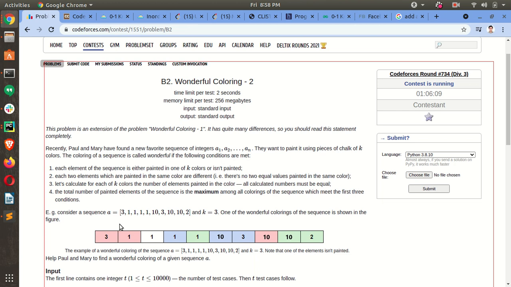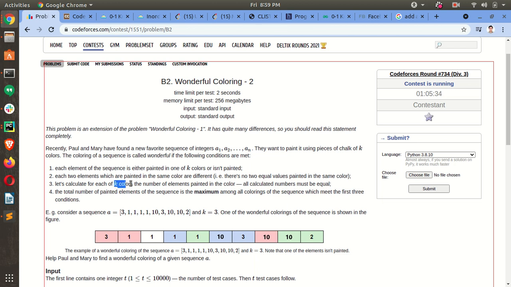Now we can paint it using a chalk of k colors, and each element is either painted by one of the k colors or isn't painted, and no two similar values are painted with the same color. This is also the condition. So two values which are similar are not painted with the same color. This is another condition.